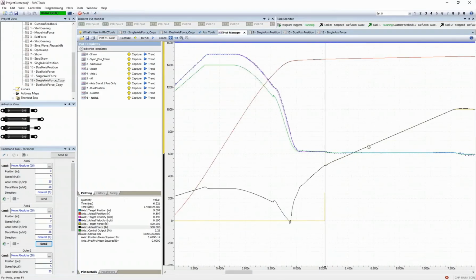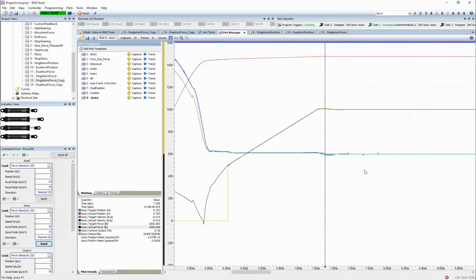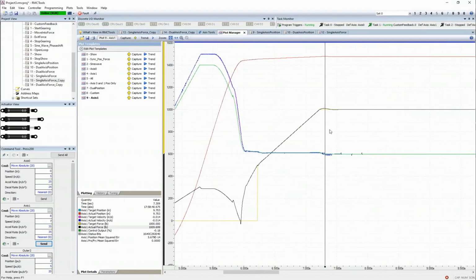So from this point on, we're trying to control force. I can see that I'm ramping up to my final target. Perhaps this needed a little tuning, but it's not overshooting by too much here. My target force is 1,000 pounds. I overshot by about 10 pounds. If we spent a little bit more time tuning this system, you'd get even better results. This one was just tuned up fairly quickly, but you can see there is a little bit of overshoot, and that's fairly common. But the nice thing is with the Delta control